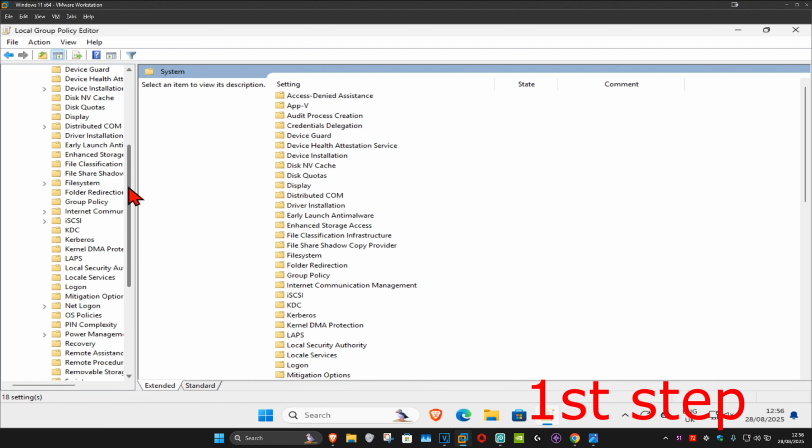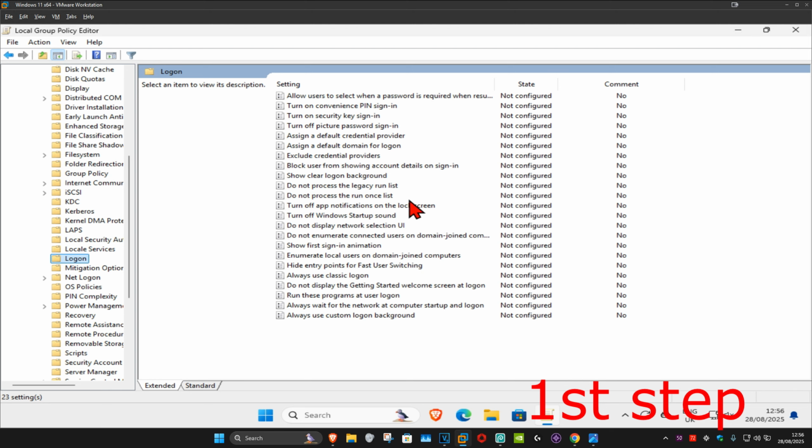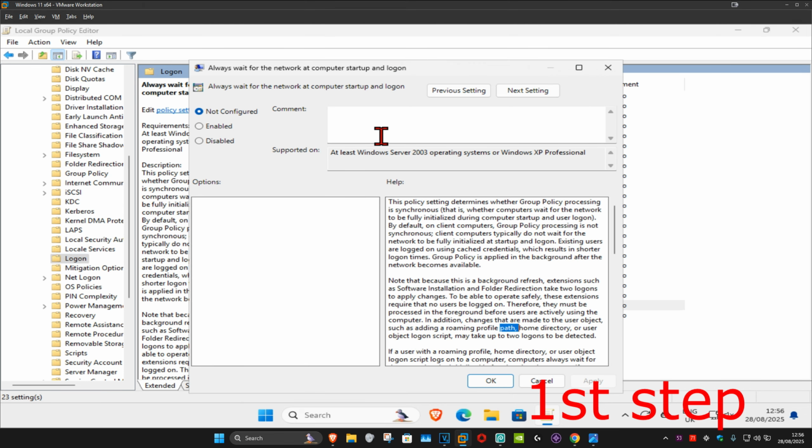We're going to scroll down. You want to click on the logon folder. And now this should appear on the right side. And now once you're on this, you want to find always wait for the network at computer startup and logon. Double click on it. And now once you're on this, you want to set this to enabled and then click